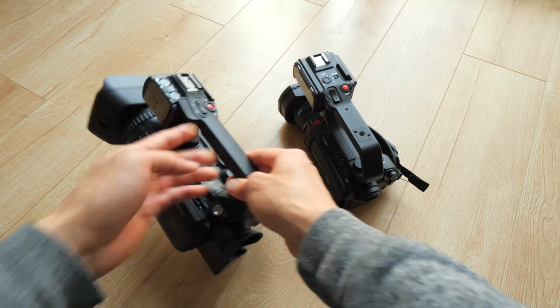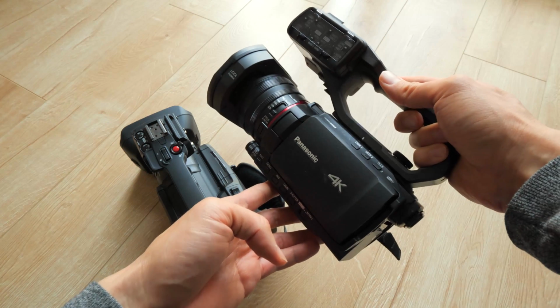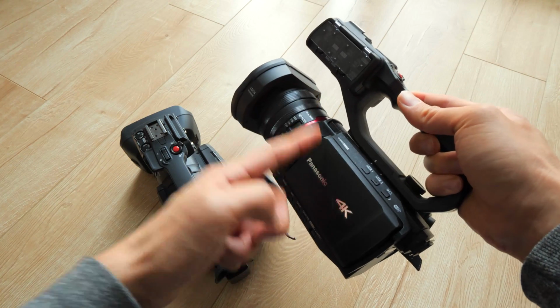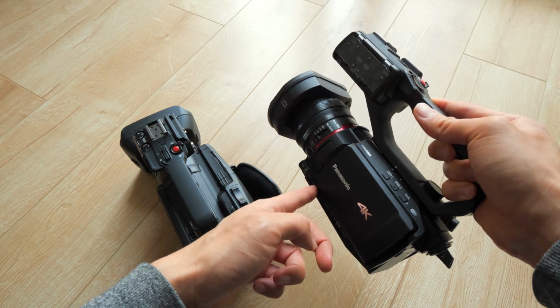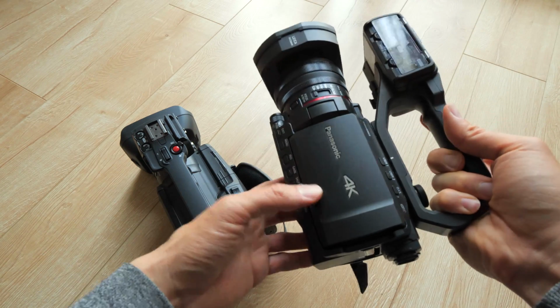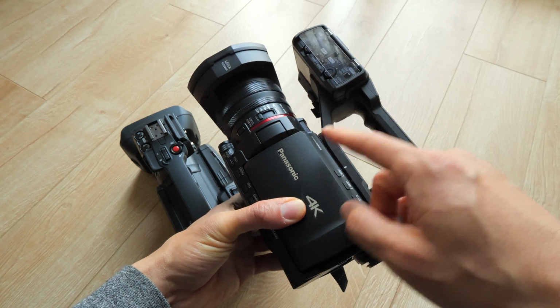Here's the Canon XF400, and here is the Panasonic CX10. It is very similar to the Panasonic X1500 and 2000. The differences are some internal codecs are different in the CX10, and with the